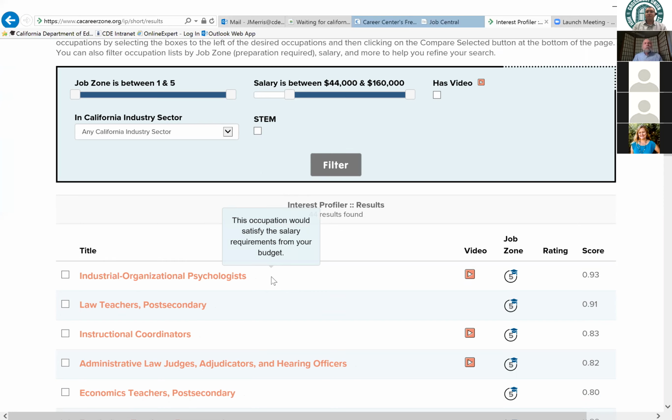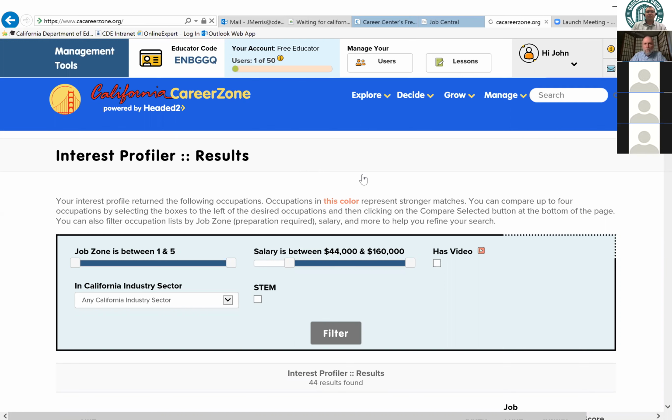Huh, interesting. So right here, you can see I actually have the cursor over the invisible piggy bank, and it tells the student that this is an occupation that matches their interests and their budget goal. Okay, so that's a very quick run through the